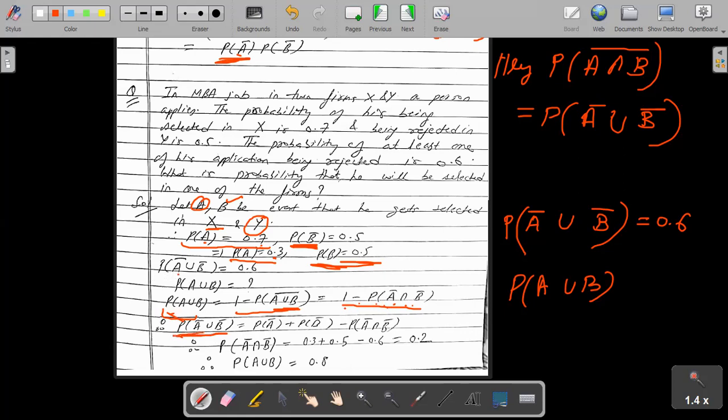So if you see probability of A bar union B bar, अगर मैं union का फॉर्मूला लगा दूं तो क्या हो जाएगा? Probability of A bar plus probability of B bar minus probability of A bar intersection B bar. So यहाँ से probability of A bar intersection B bar निकल गई. So probability of A bar union B bar, probability of A bar भी पता है आपको, probability of B bar पता है. So this you get. So from here we can calculate probability of A union B. So there are lot many ways by which you can calculate what you call it as